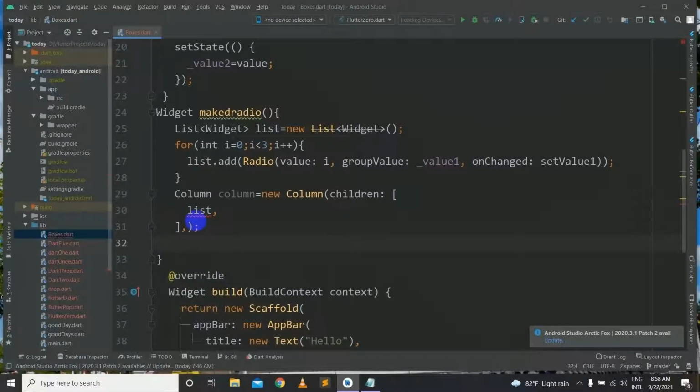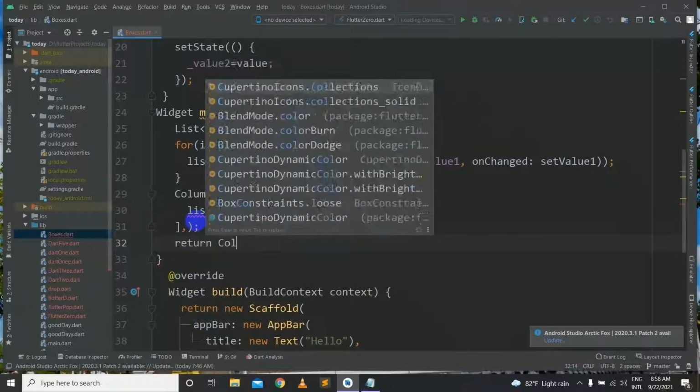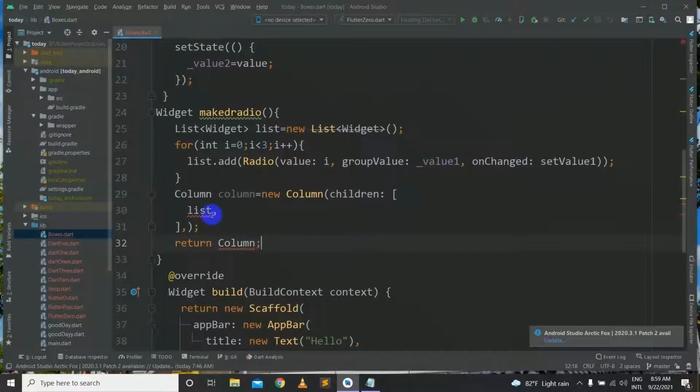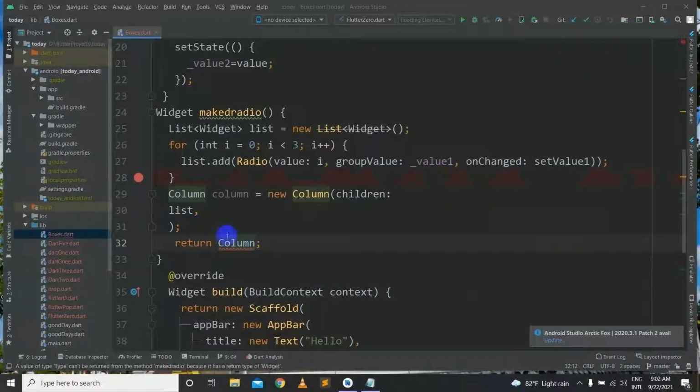And after that we will return our column. Now we will return our column which has the children of our list.